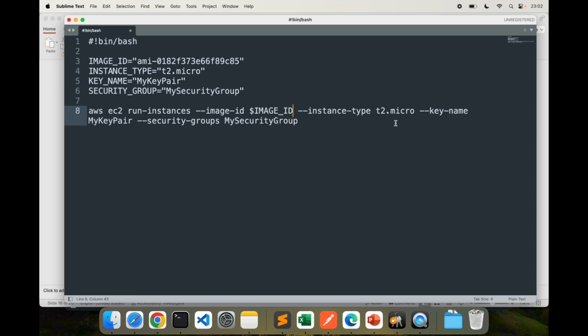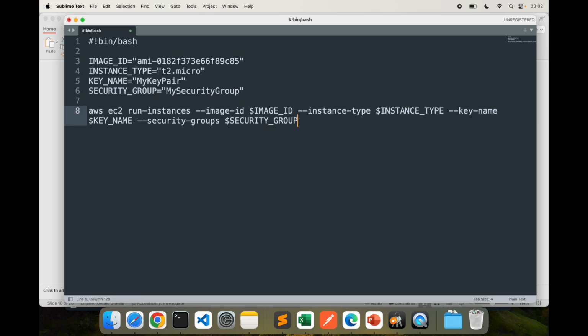That's how you give variables. Instance type, instead of using this, I can use the dollar sign and the instance type variable. Key name, you can give that key name that we created here, $KEY_NAME. Security group, pass that security group here,